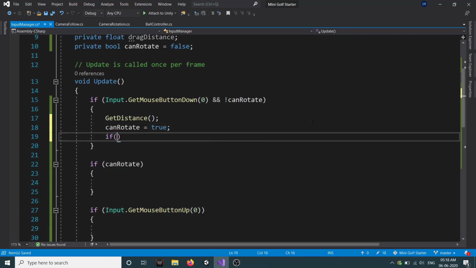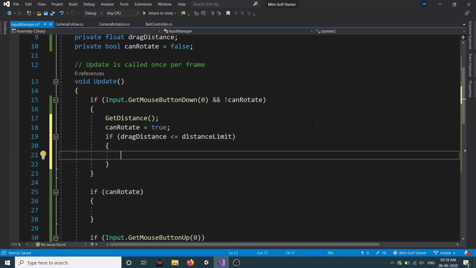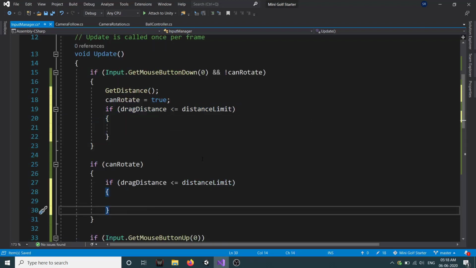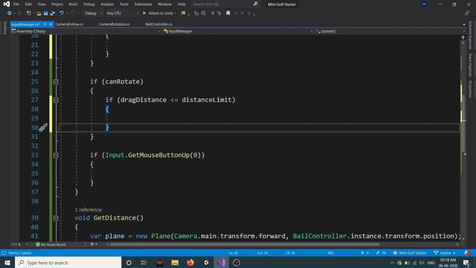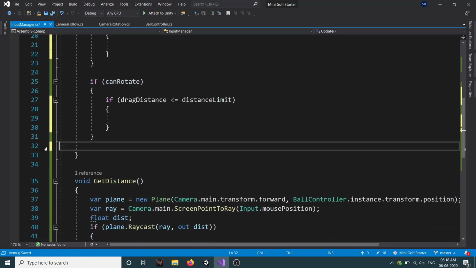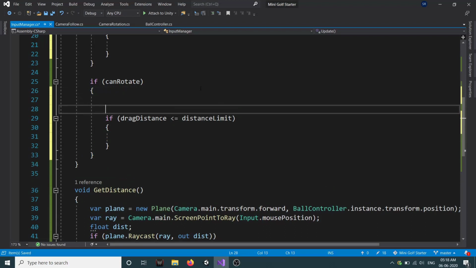Then we will check if our dragDistance is less than or equal to our distanceLimit. Then we are going to perform action on our ball controller. So let's copy this, and we need this in our canRotate condition as well. Or what we can do is instead of putting this condition outside our canRotate, we'll just remove it and we will put it here.